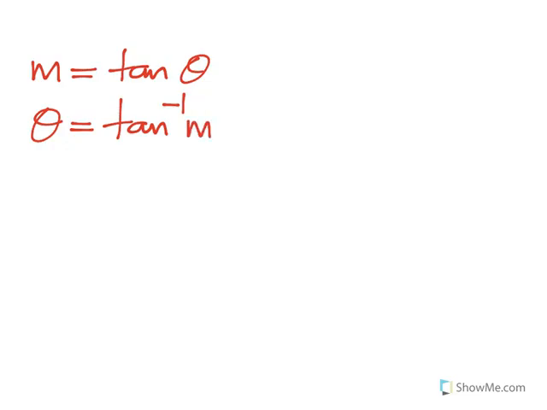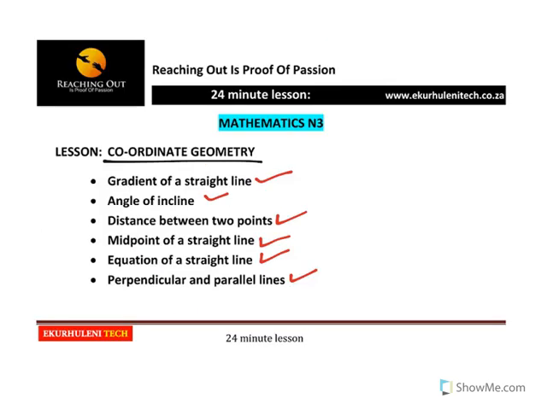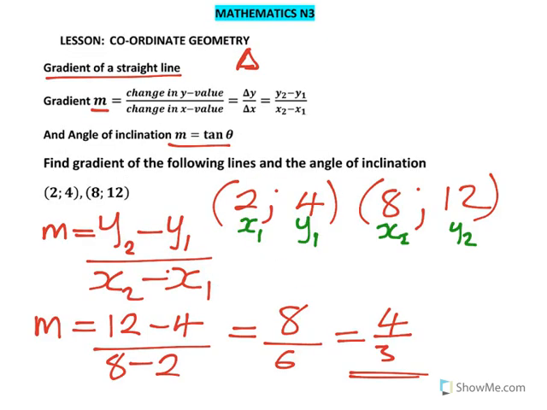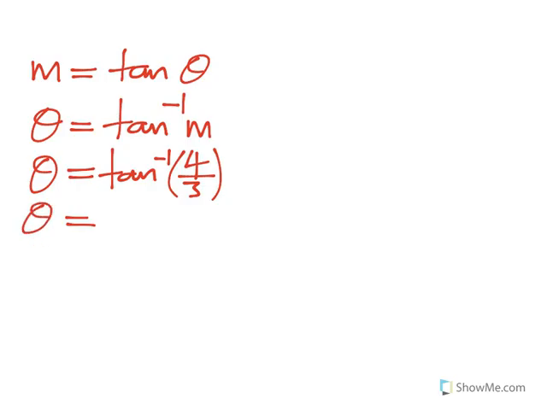So what you need to do is go to your calculator and punch in arctan of the value of m. The value of m from our calculation was 4 over 3. So we're going to say theta is equal to arctan 4 over 3, and if you use your calculator, theta will be equal to